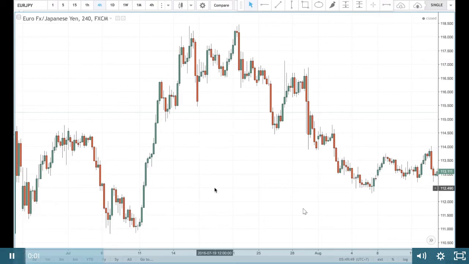Okay, so here's a nice tricky one for you guys. Just to spin things off a bit to confuse you a little bit, but it's good practice. Okay, this is euro yen on the 4-hour charts here. So if we're going to start with the flow of where the markets are going, we see the market